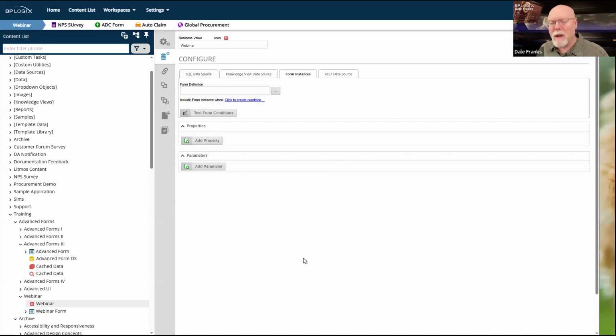Because what we're talking about are performance problems of trying to get stuff from inside Process Director. And I say performance problems, but it's not usually a performance problem. There are just performance differences, the amount of time that you're going to have to wait to get data back. And knowledge views are slow. Form instances can also be kind of slow.